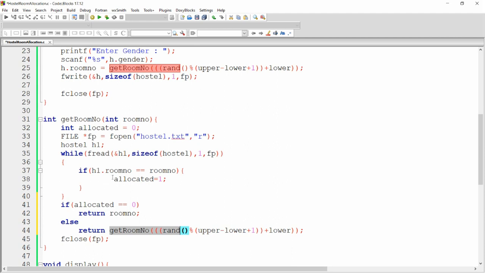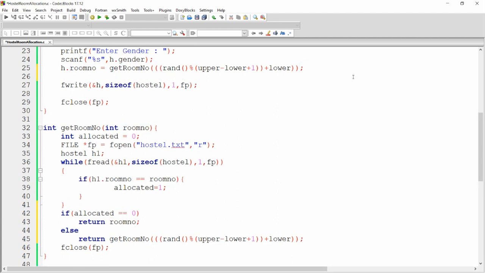But if number is not allocated, then allocated variable will be 0. If it is 0, then you can return the same room number over here and that we can write into the file. So I want to write into the file. In which situation we will write into the file? Simple. If h dot room number not equal to 0, then we will write into the file.